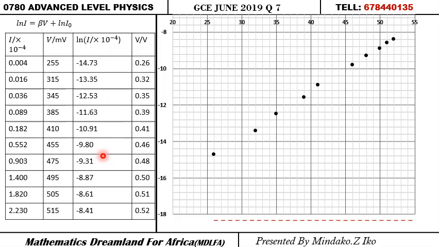0.73. So here I'm going to plot my values to one decimal place, because we have 14 point, so it means I'll have negative 14.7, negative 13.4, negative 12.5, negative 11.6, negative 10.9, negative 9.8, negative 9.3, negative 8.9, negative 8.6, and finally negative 8.4. Okay, so I hope you know how to round up values. All right, so